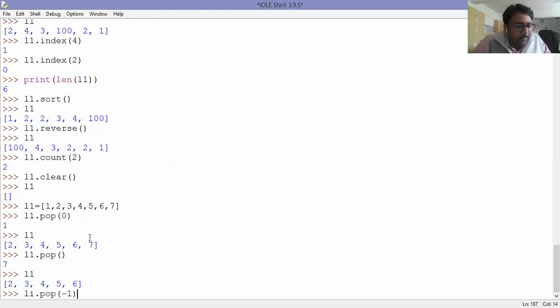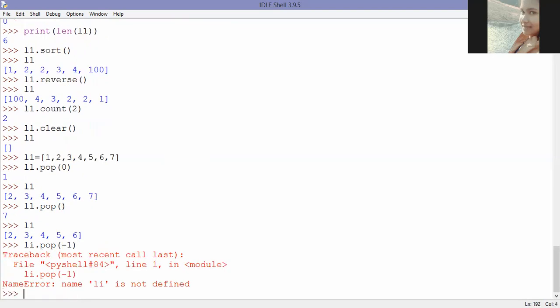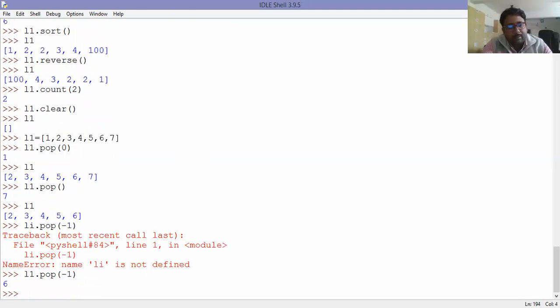Now we have 2, 3, 4, 5, 6 only in the list. Yes, 6 will be removed. Understood? By default, the last element is removed, or if we provide the index, that specific element.